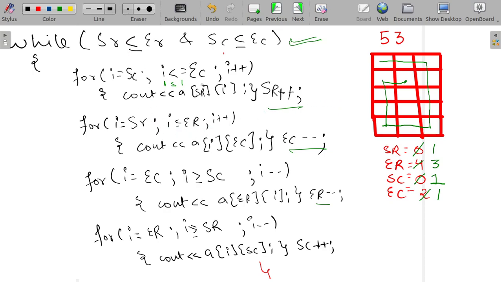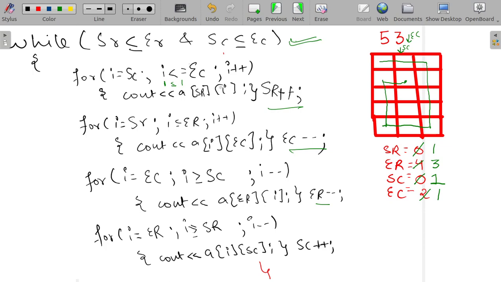Yeah, so the value of start column is 1, so 0 1, start column will point here. And end column is also 1, so start column and end column are pointing to the same column.